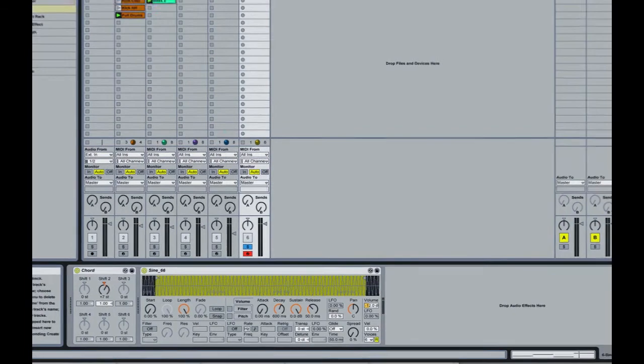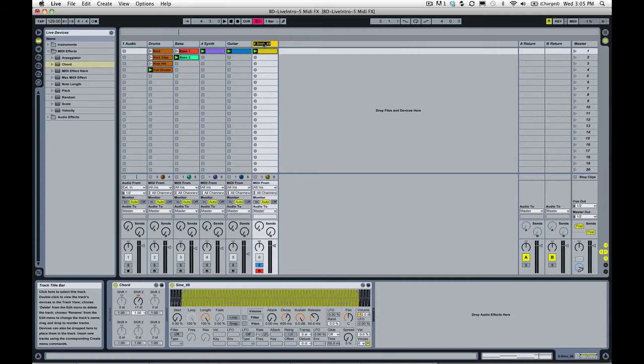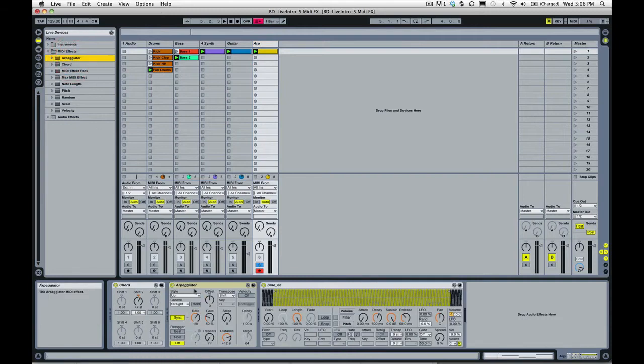I'm going to make sure our sine 66, let's rename that too. Let's call this ARP. All right, make sure your ARP track is selected, and let's double click the Arpeggiator, and we're going to add some arpeggiation to this track. And right out of the gates, it's kind of where we want it to be. If you press play,